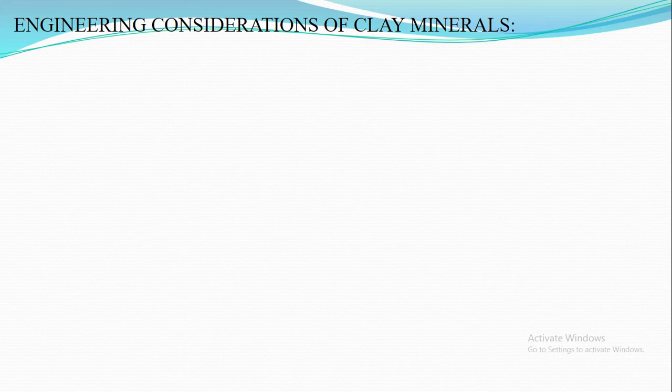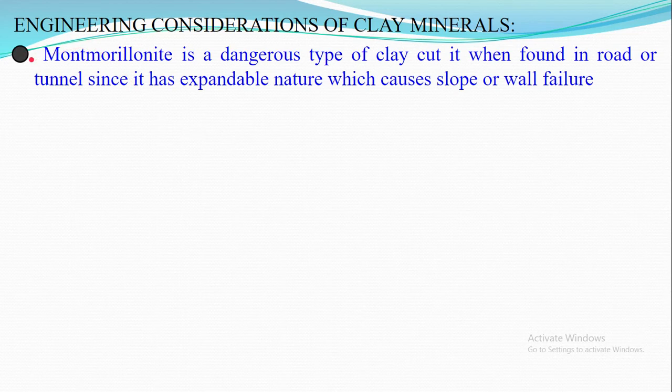Then we have illite and chlorite. Mainly these four are the most common minerals. There are other clay minerals also. Now, if you see, montmorillonite is a dangerous type of clay. Okay, when you find it in a road or tunnel cut, because it is expandable in nature, it causes slope